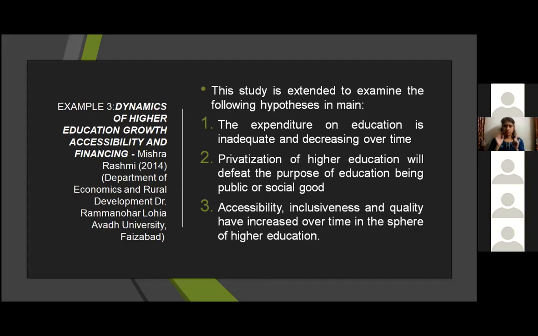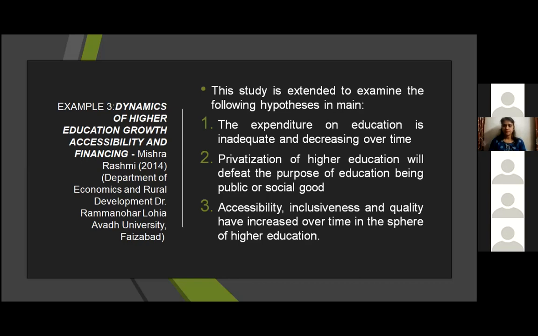The expenditure on education is inadequate and decreasing over time. So this is the hunch that she's having. This is the hunch that she had in the beginning of her research work. The second one is privatization of higher education will defeat the purpose of education being public or social good. And the third one being accessibility, inclusiveness, and quality have increased over time in the sphere of higher education. So these are the statements that Rashmi thought actually exist, or on these lines she is going to undertake